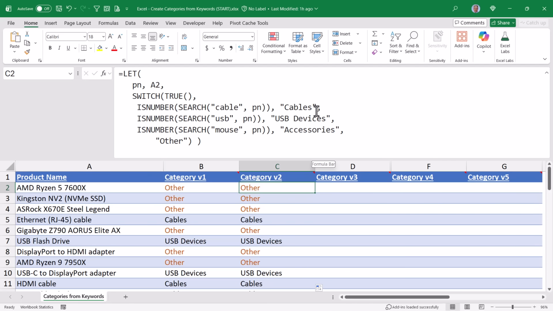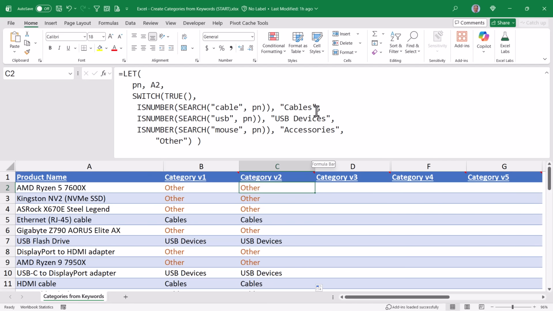So I need to highlight these older formulas and delete them. Now this one formula in cell C2 is servicing up to 1,000 rows in column A. I just realized I accidentally overwrote my second example, and I didn't mean to do that. So I've put the second example back here with the LET function and then moved what I just wrote into